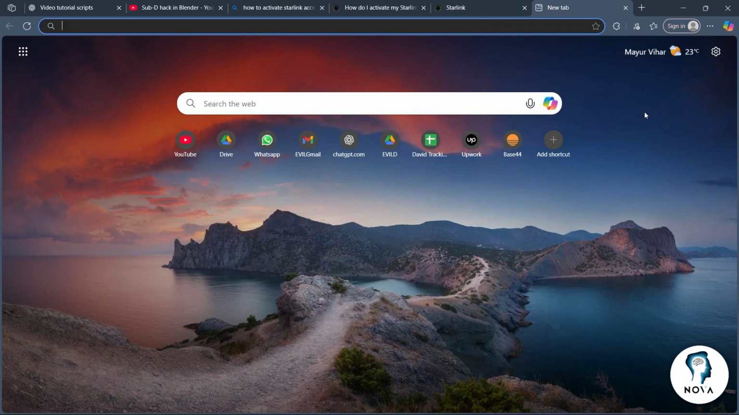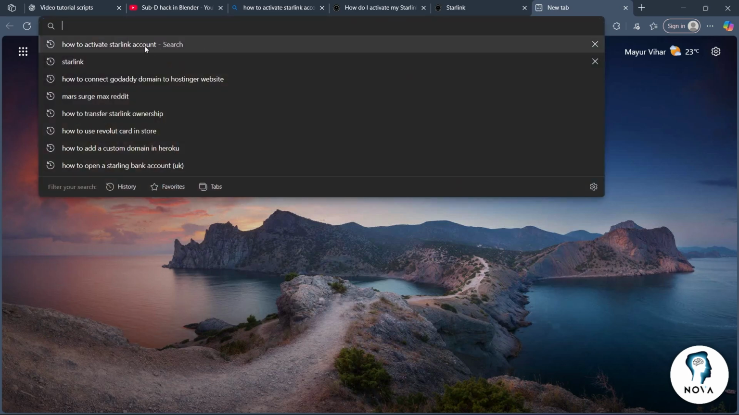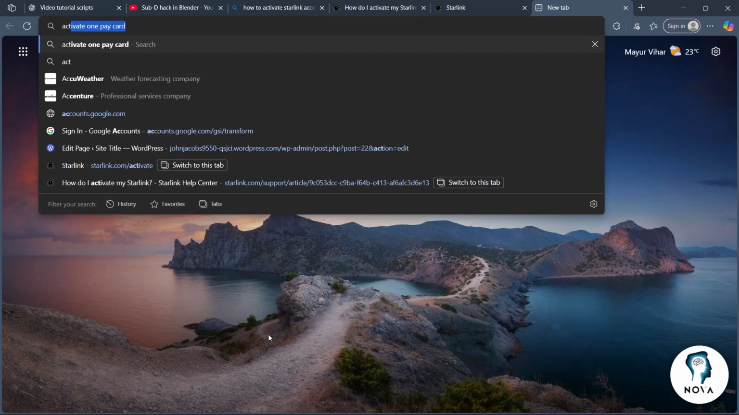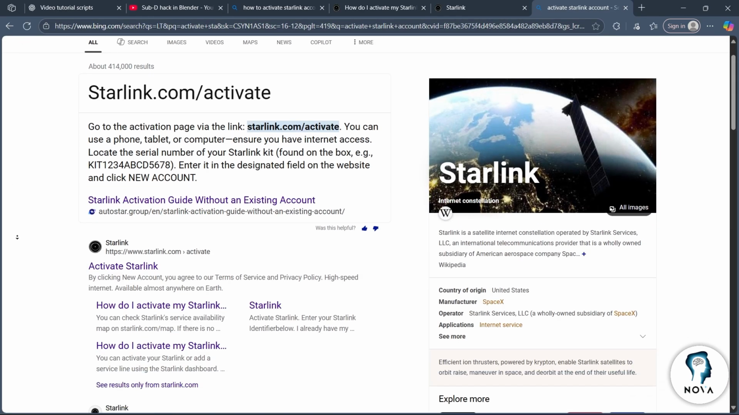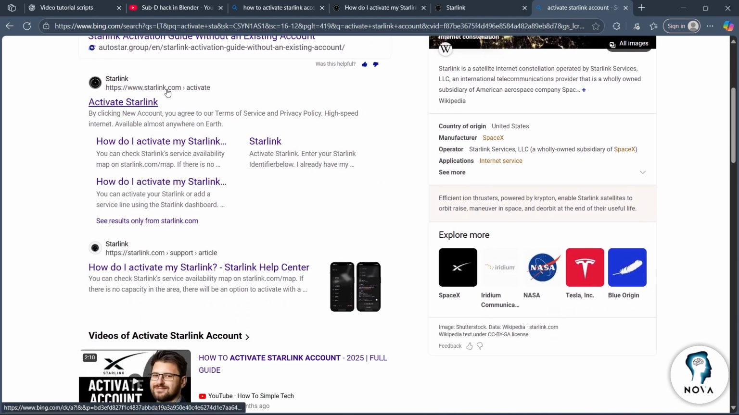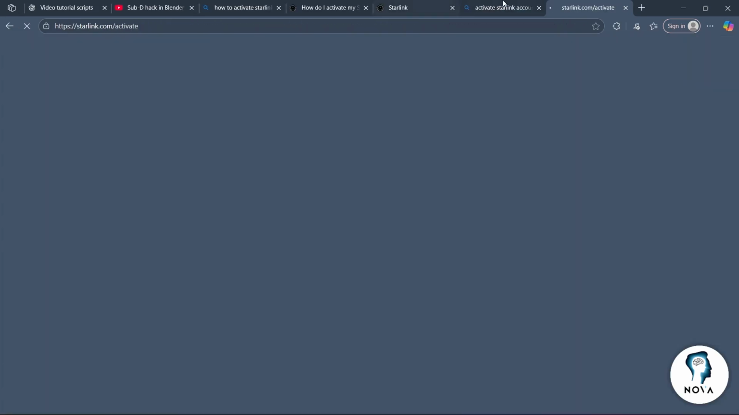In order to do this, first of all, navigate to any browser on your PC or mobile phone, go to the search bar and type in activate a Starlink account. Hit enter. Now, simply click on the link that says starlink.com, activate Starlink, and it is going to take you